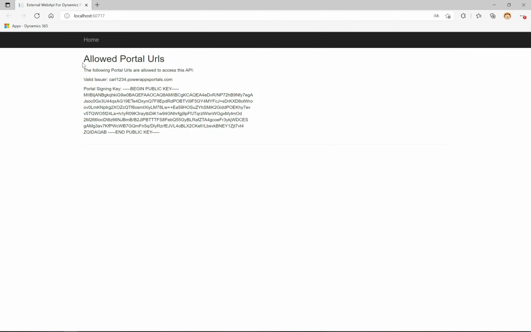And the first page, all it does is basically hit that public key URL. And so we know that we're able to read it, and it just goes ahead and displays that here. Okay, so the code's all ready to be tested. So now let's go ahead and open up Postman, and we're going to send through a request and see what